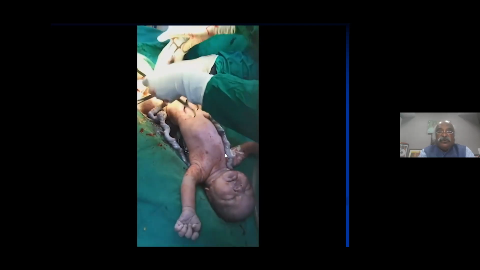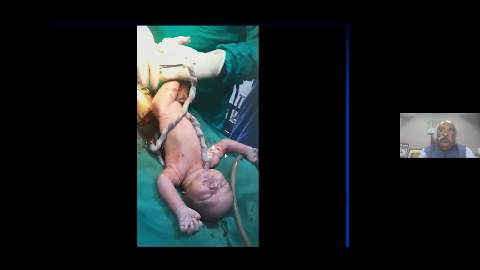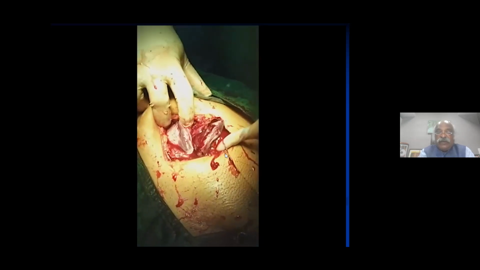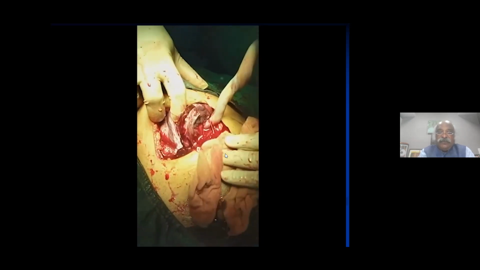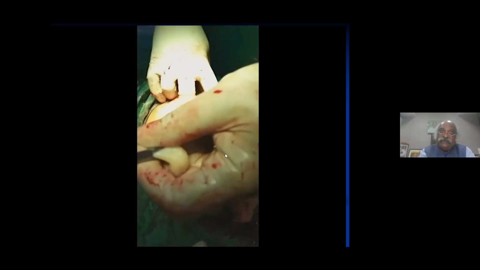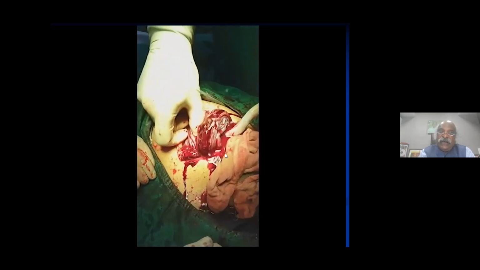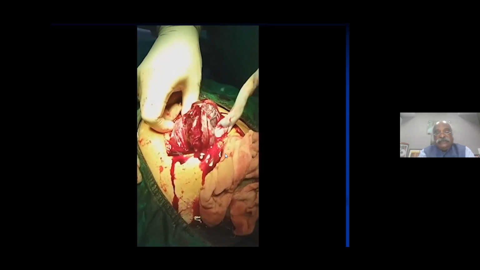For this, it is obvious that there could be hemorrhage. You have to be cautious about it. You have to counsel to arrange a blood transfusion. But with this technique, provided the placenta does not have morbid adhesions, hysterectomy is not necessary, and you can jolly well do the cesarean section.